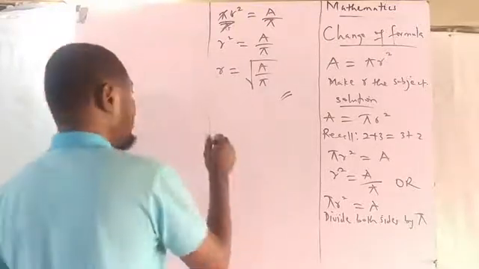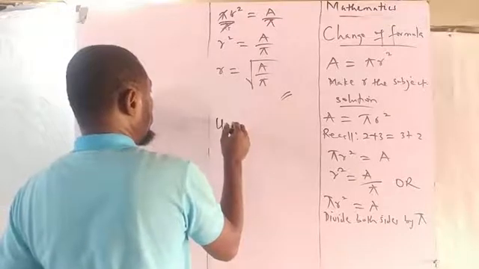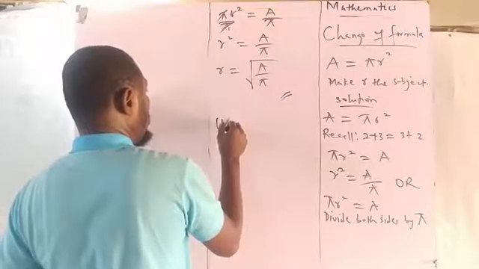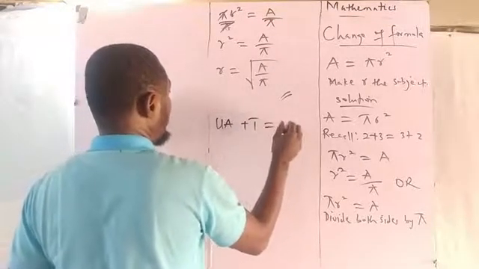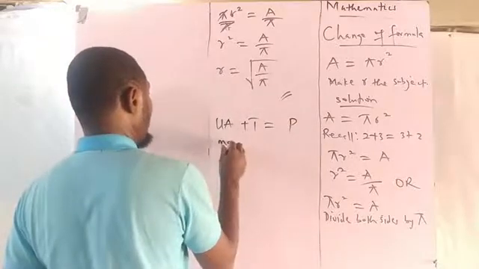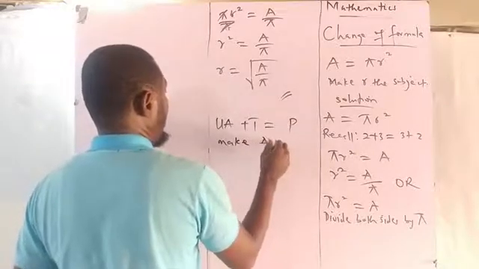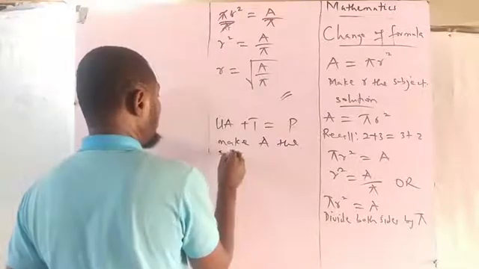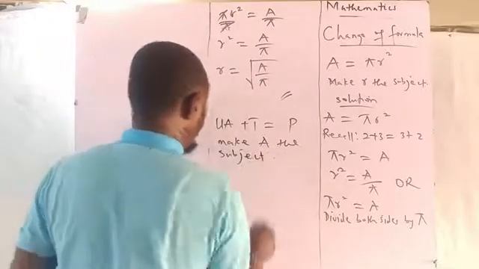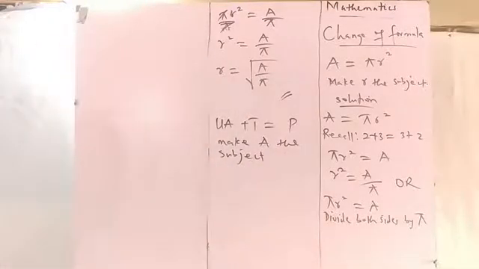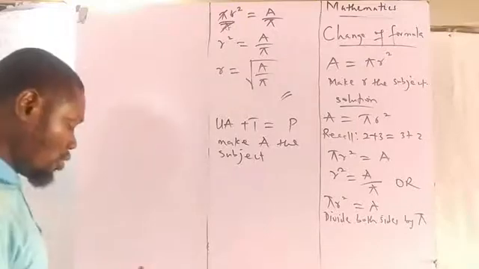If you have UA plus T is equal to P, and I said make A the subject, make A the subject, how it is given to you, you have to make A the subject. You carefully